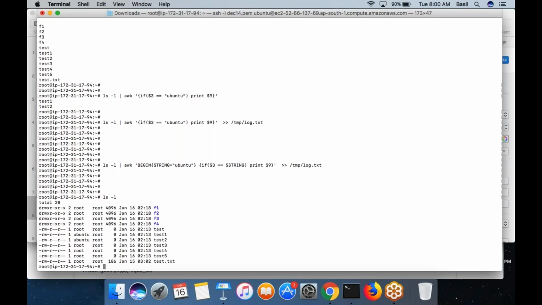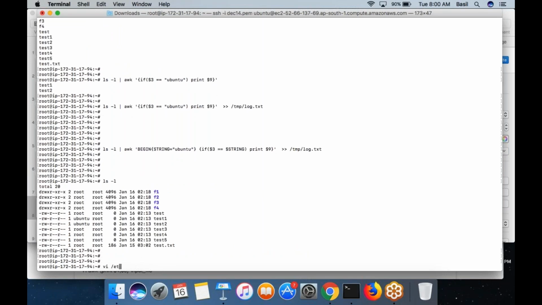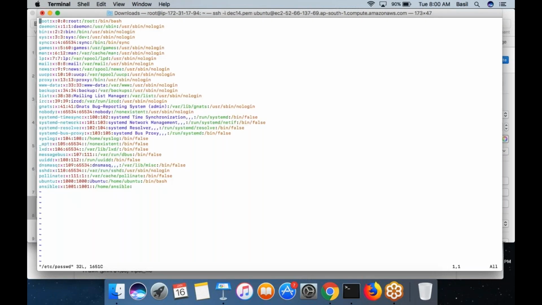Take the same example ls -l, or maybe we will take the example of the /etc/passwd file. The /etc/passwd file also has a format. It has a number of lines. Each line indicates a user record, and each field in this record indicates some user settings, and all of them are separated by a colon, not by a space. So in awk, you need to set that as the field separator, then only you can work with this /etc/passwd file. So I will show you.